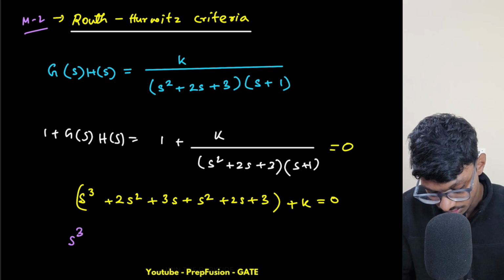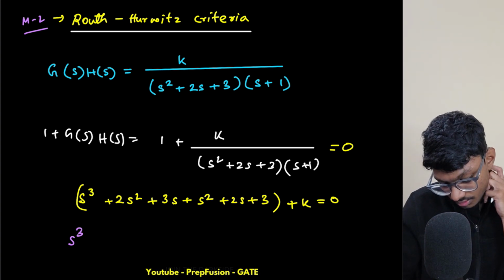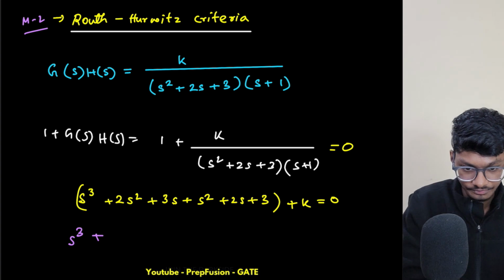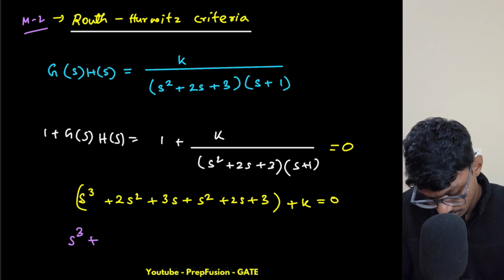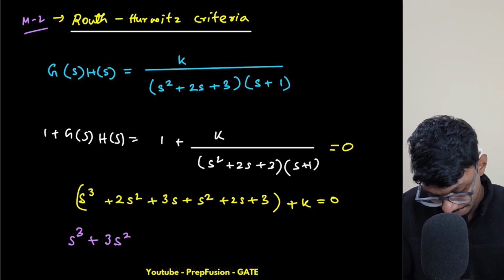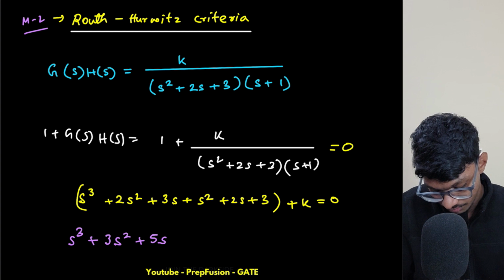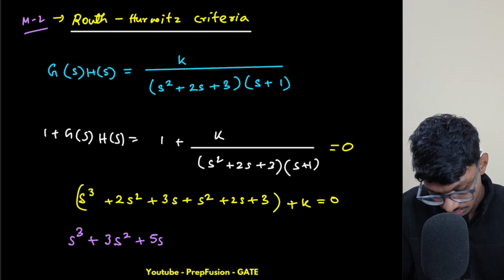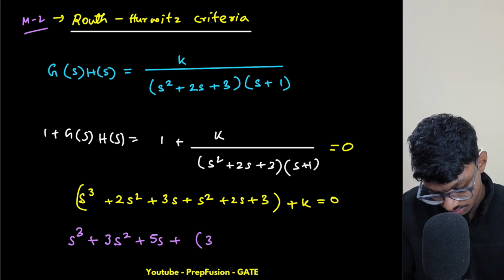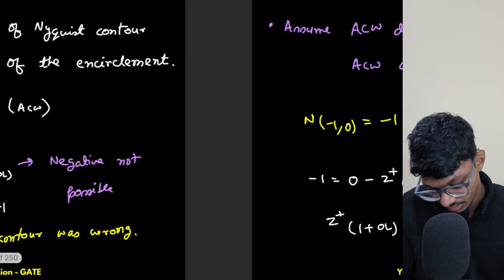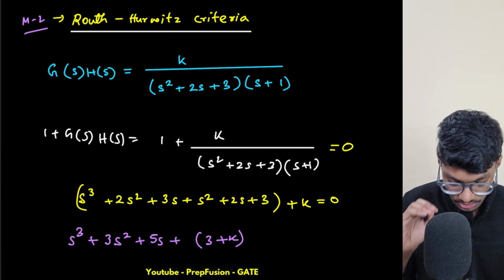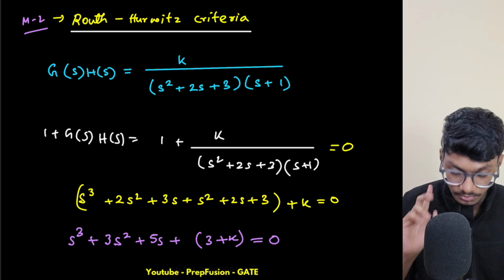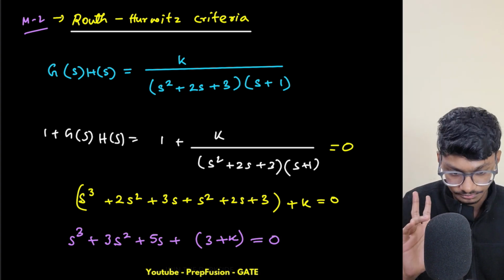Sort everything out. This is s cube, and this is simply plus 3s square, plus 5s, plus 3 plus k. Okay, did I have any k with the other terms? No, I don't. So basically this is s cube plus 3s square plus 5s plus 3 plus k equals 0. Okay, this is what my